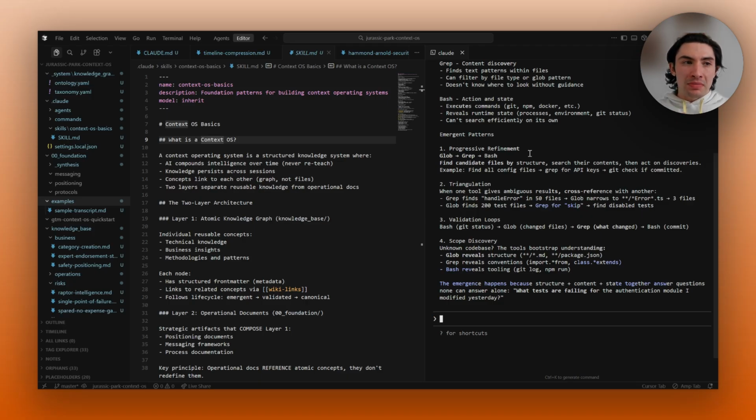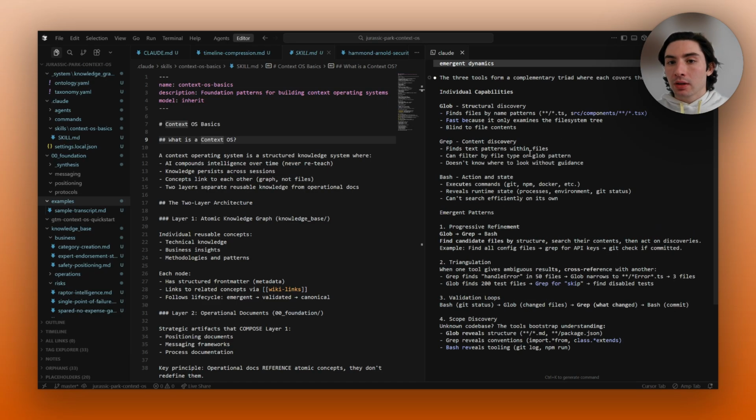It makes it so that if you had infinite time to search across your entire knowledge base, your transcripts, internal working documents, CRM, data sets, everything like that, what questions would you now be able to ask that you weren't able to ask before? That's basically what Claude Code is giving you because of this emergent dynamic.